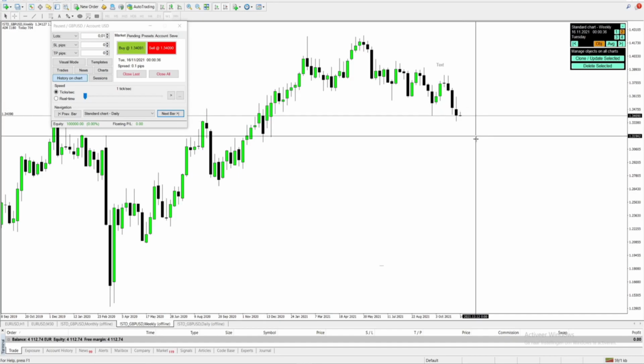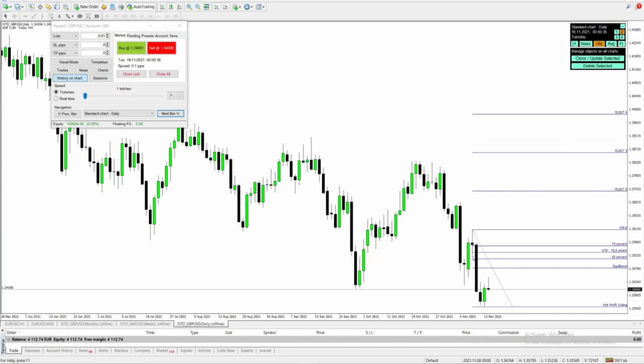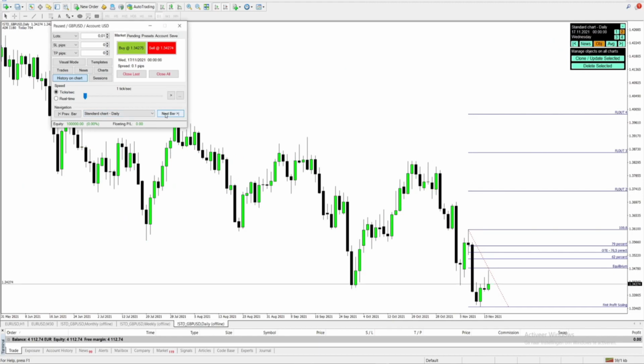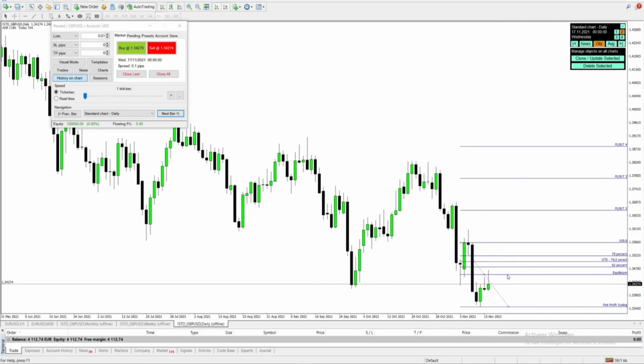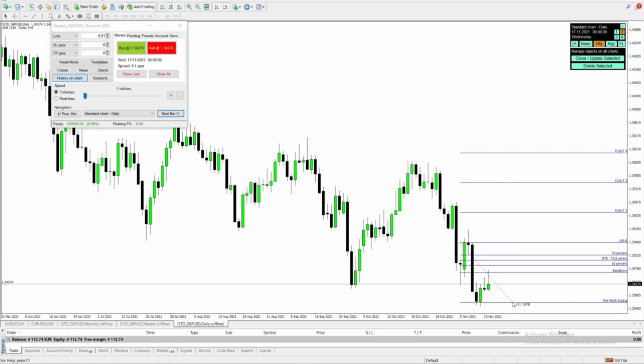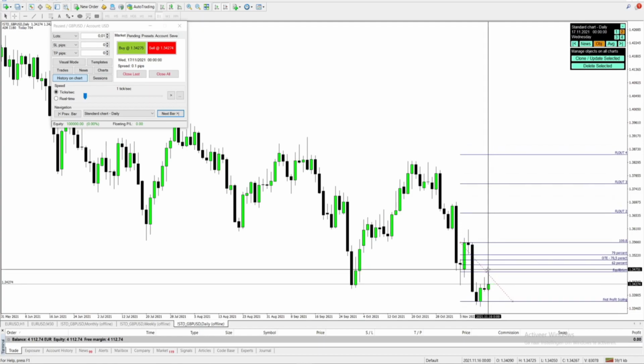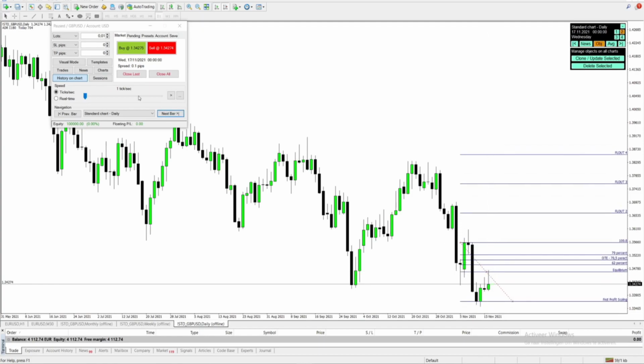Fill that in and then drop again. So let's see what this day does. So we almost touched equilibrium. If we would use the bodies on the daily time frame, which is more common, you can already see we tapped into equilibrium. And if I draw out this fair value gap,